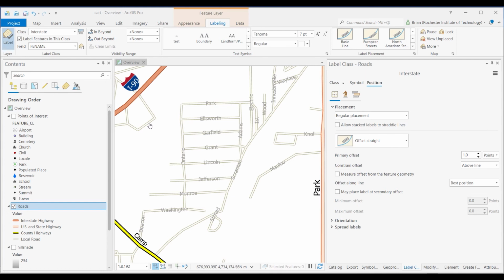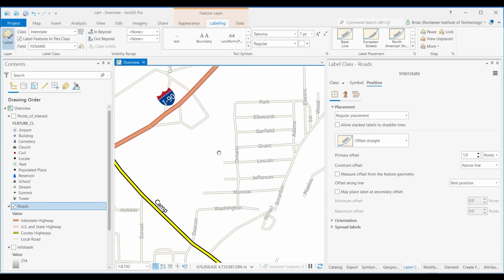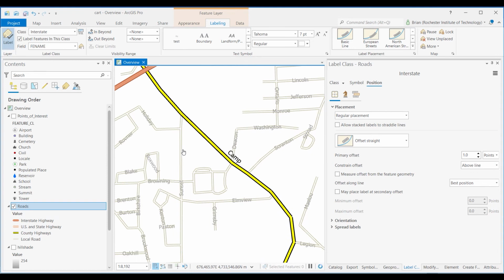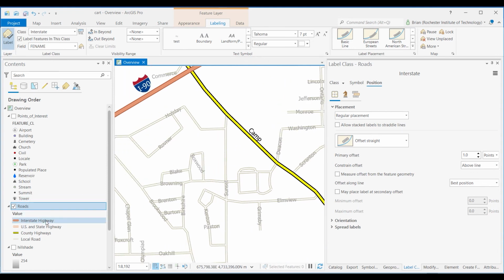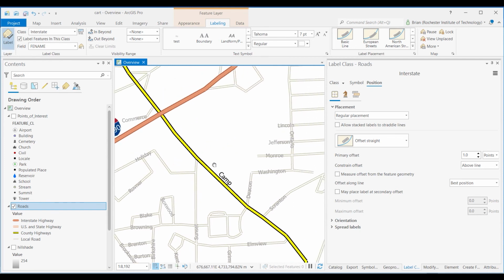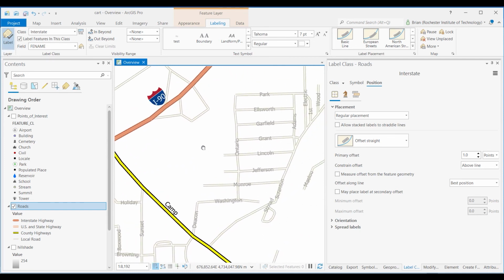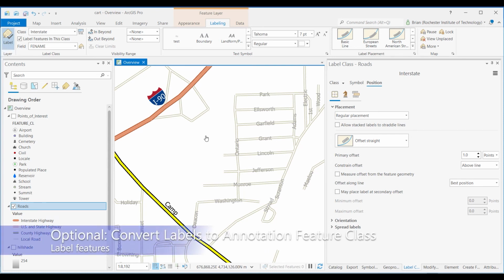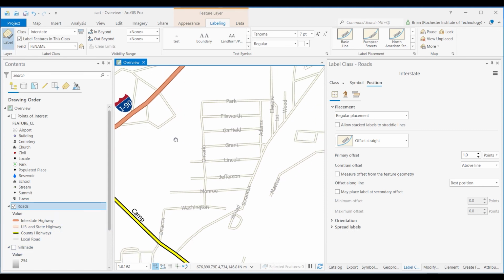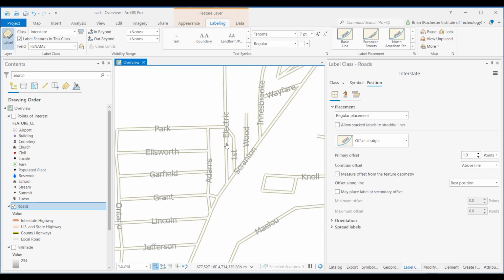Okay, so I went ahead and added sort of the final roads layer, and this whole project will be available for you to look at in terms of how I did it. If you notice that the colors of the lines look a little different, that's my modifications I made. Now, one thing I wanted to mention, you don't necessarily have to do this if you're doing this tutorial, but it is important to mention is the idea of annotation layers. Annotation layers are basically when you've created the labels, you can then turn them into sort of smart objects that you can move around. So right now what you're seeing is ArcGIS Pro is adjusting the labels automatically as the